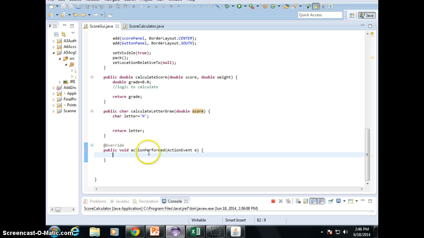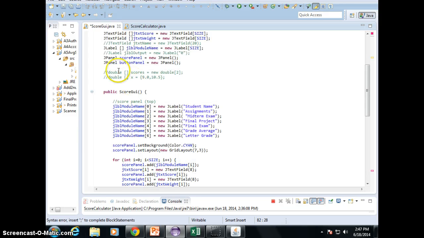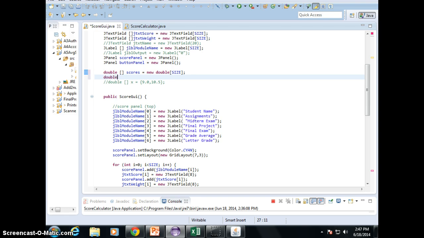Now, on my action performed, this is the guy who's going to read when I hit the button, right? He's going to read in from the text field. This is the guy who's going to convert to double, right? So that means I need parsers, right? Double dot parse double, correct? Parse the string that you read in, right? And where do we get them from? From where? Your array, remember array here, right? After I parse, I need to put it into my array of scores. And I need to parse that back to the wage too, because we have to set, right, wages, an array of wage. Then I can pass this array and put into my